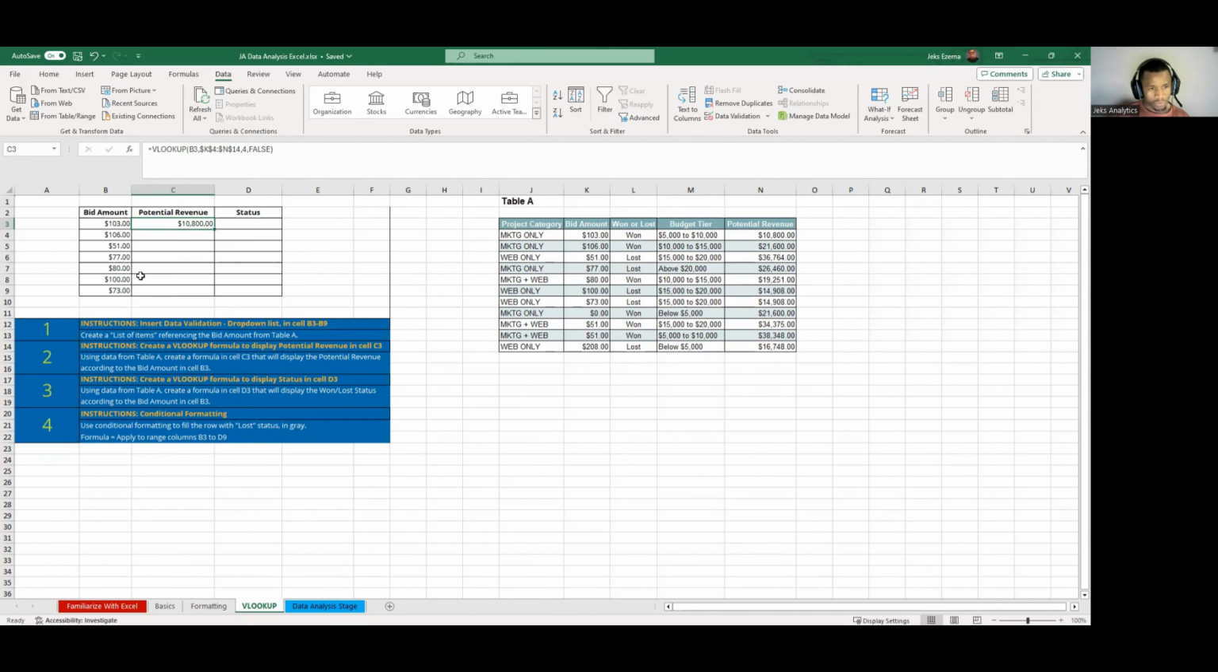When we drag it down to every other thing here, it will appear. So for 106, this is 106, has the potential revenue of this. So let's assume I change any of these, any of the things I change. If I change this to 0.00, if I change it to 0.00, it's still 21.6,